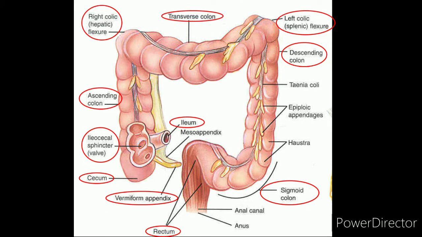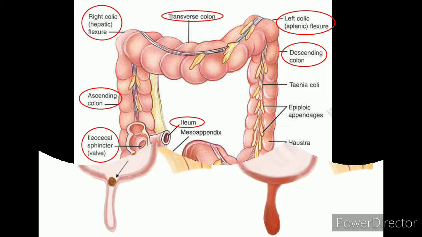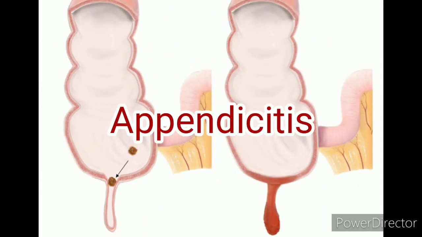The cecum, which lies below the junction of the small intestine, is a blind end of the large intestine. The cecum has a small projection called the vermiform appendix. In humans, the appendix may also play a role in fighting infections. This organ is subject to inflammation, a condition called appendicitis.